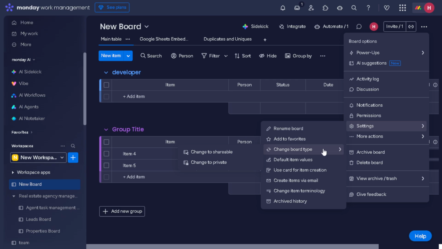The next step is crucial. You'll see an option that says Change to Private. Go ahead and click this option. This action signifies that you want your board to be visible only to specific members or just to yourself, depending on your setup. Making your board private is a great way to maintain confidentiality and control who has access to